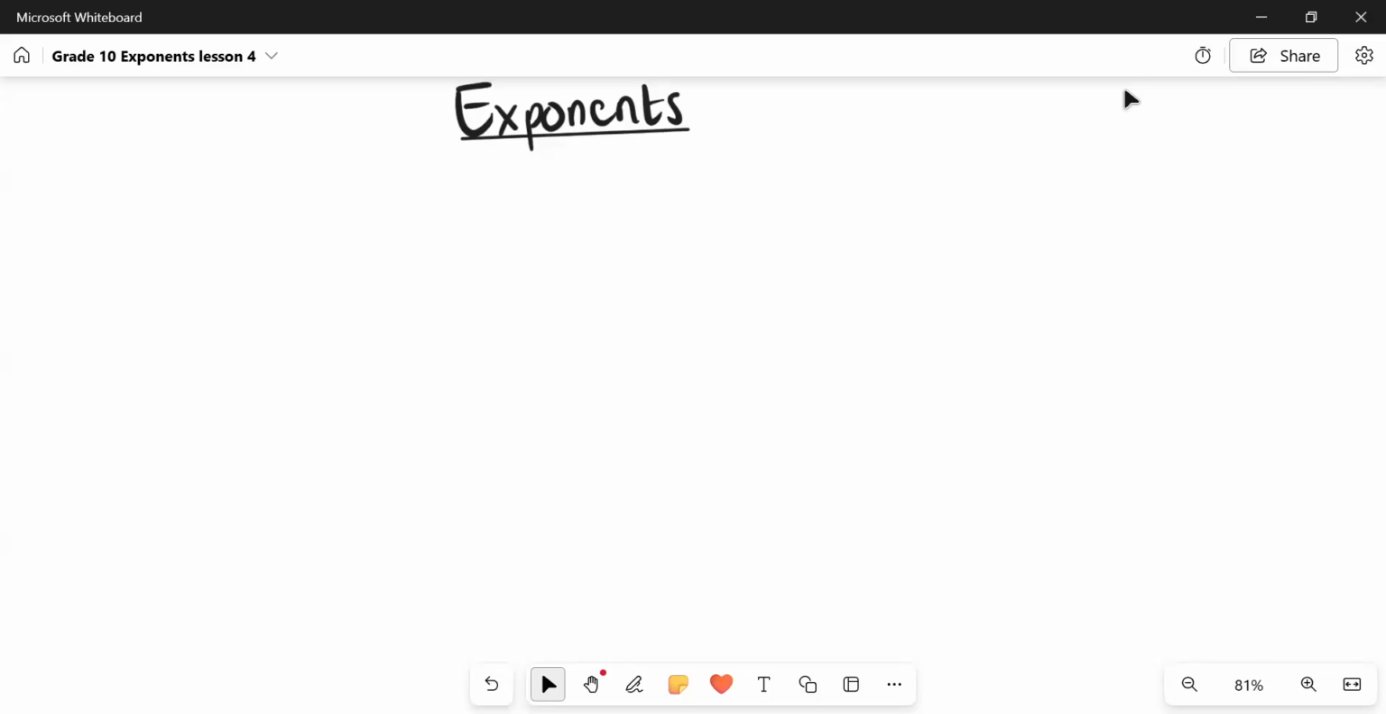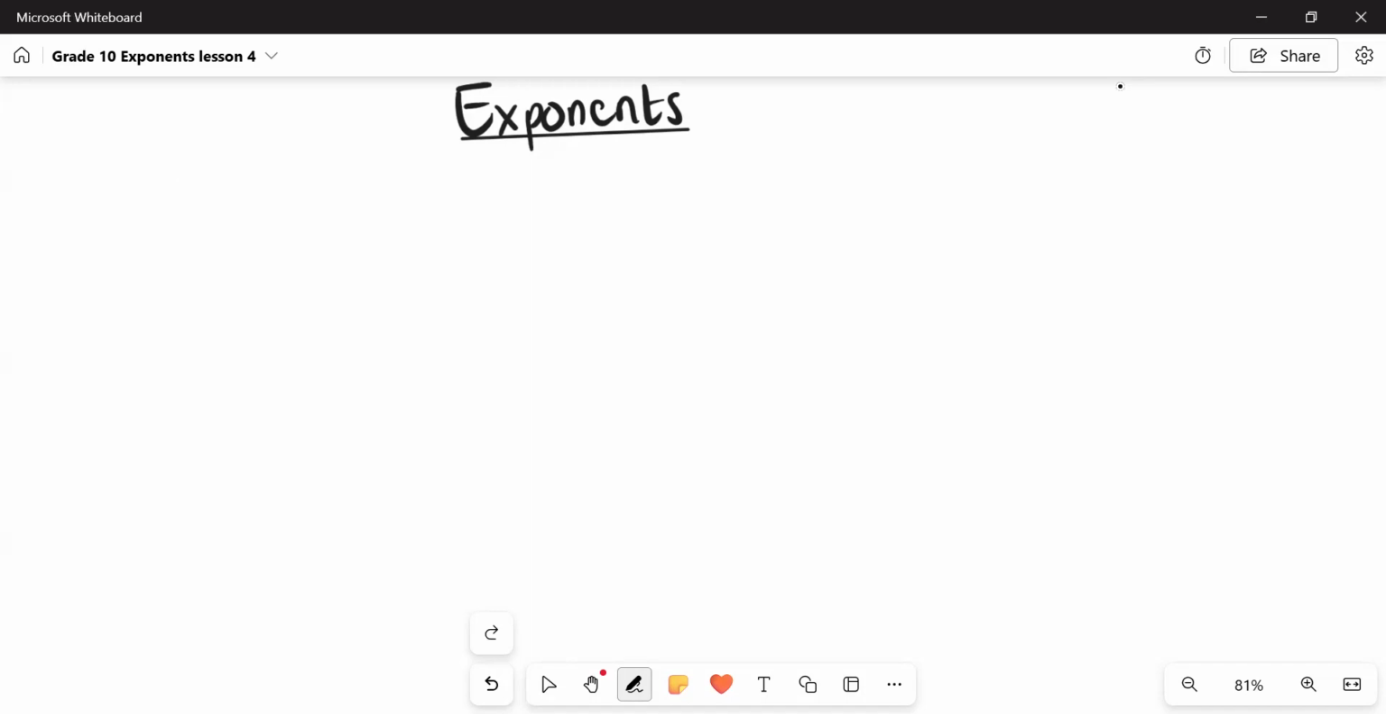So today we're focusing on grade 10 exponents. So we'll start with law number one. It's just a revision from grade 9, but I'll try and move a bit faster. But before we move to law number one,